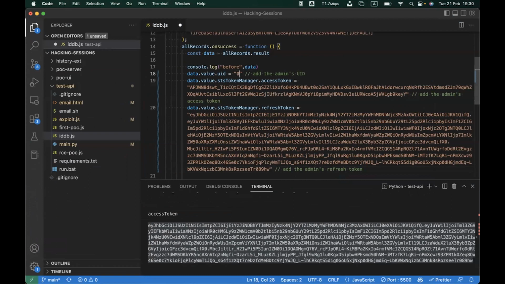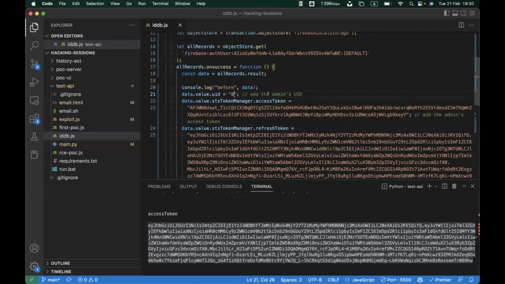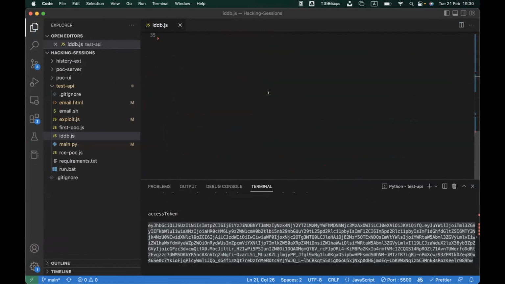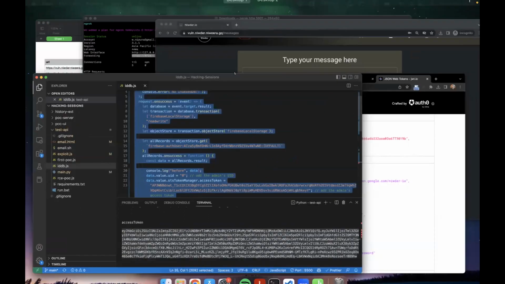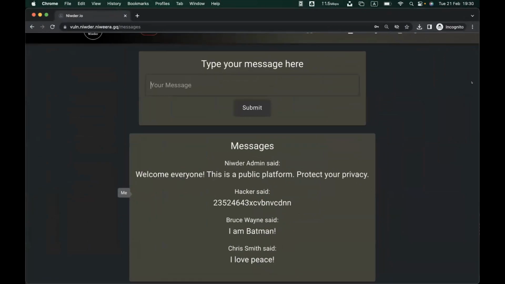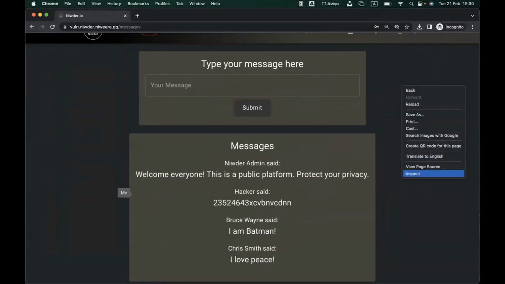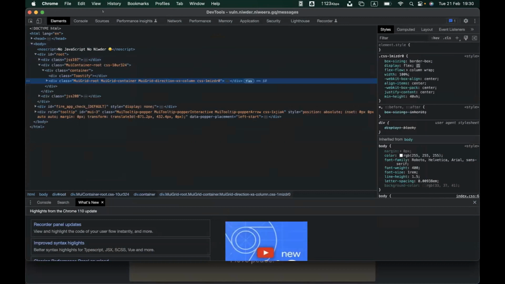So now what we are going to do is change the access token for the hacker.